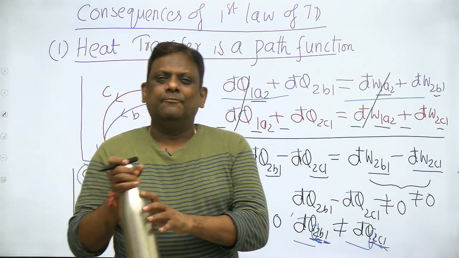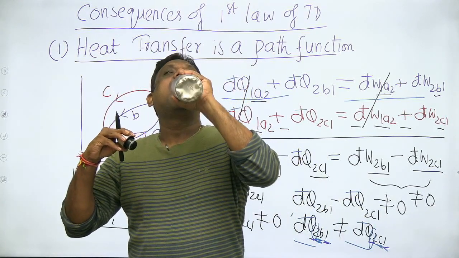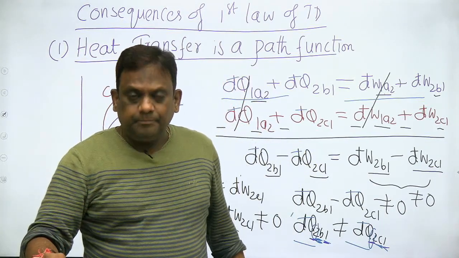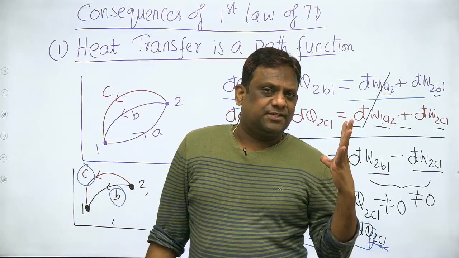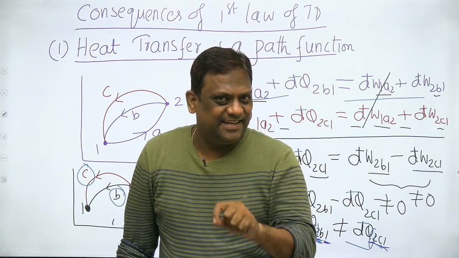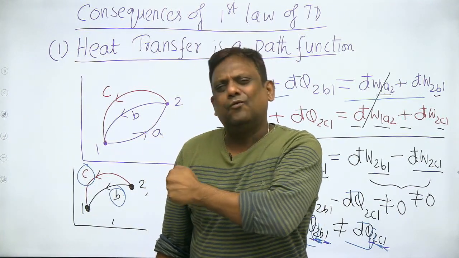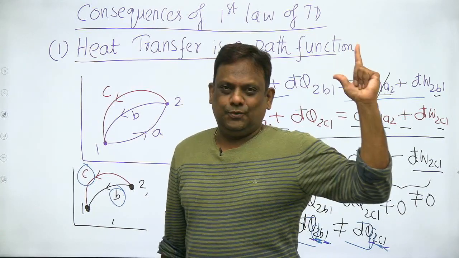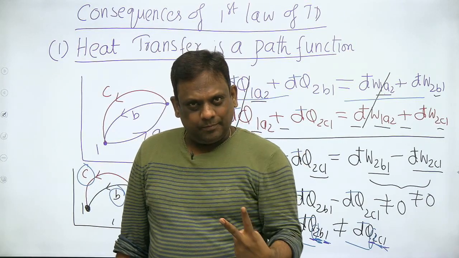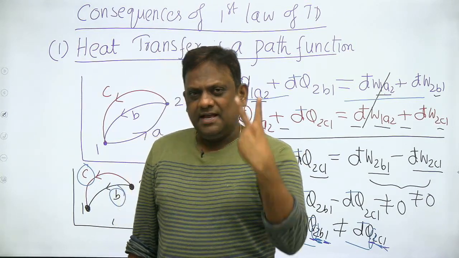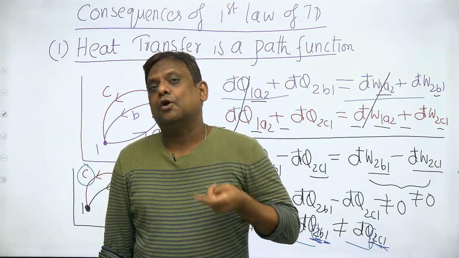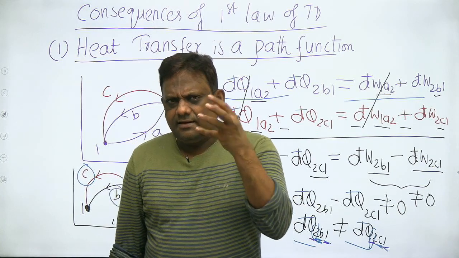Till now, we have seen so many properties, point functions, like pressure, volume, temperature, density, all these properties. But we had seen only one path function, work. It needs a partner too, and now its partner has come, this evergreen pair. So we have seen two path functions now. What are those? Heat transfer and work transfer. We'll be seeing one more path function a little later, that is entropy generation. Don't worry, we'll see it a little later.